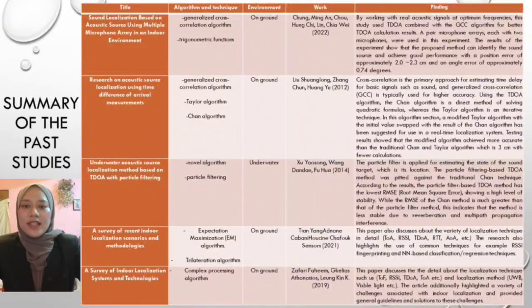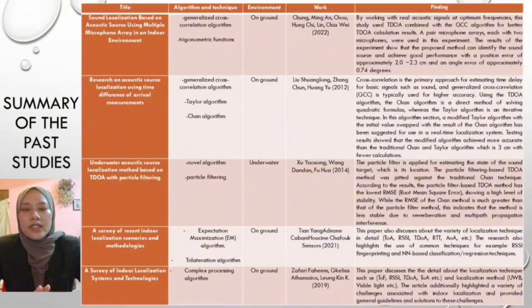Third paper is underwater acoustic source localization method based on TDOA using particle filtering. This paper used a novel algorithm and particle filtering. In this paper, the particle filtering is applied for estimating the state of the sound target, which is its location. The particle filtering based on TDOA method was pitted against the traditional Chan technique. According to the result, the particle filtering based on TDOA method has a low RMSE, root mean square error, showing a high level of stability, while the RMSE of the Chan method is much greater than that of the particle filter method. This indicates that the method is less stable due to the reverberation and